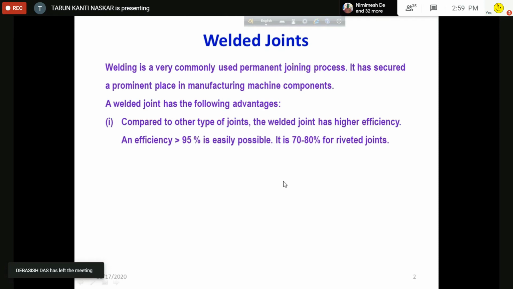Now, have you done welding in any of your workshop classes? I think you have done it already. Yes. Okay, so you have some idea about welding. Have you studied welding in your workshop theory class? Actually, sir, before the completion of the welding chapter, the lockdown started. Oh, everything was locked down.